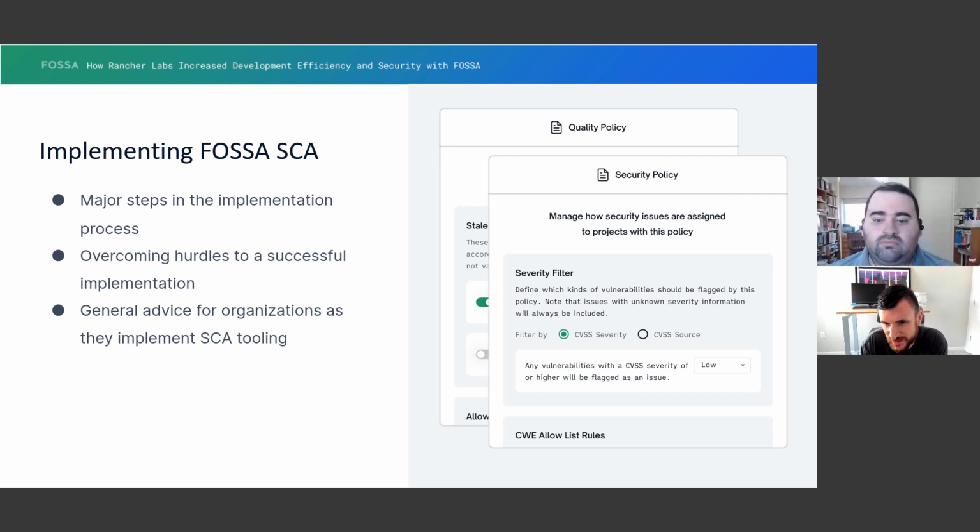The big challenge we faced when we initially launched was, FOSSA scans for licensing issues and CVEs. And we certainly discovered we had some tech debt to clear. And that was a bit of a hurdle. It was something we had to clear to come into compliance. There were certainly some outdated dependencies that needed to be updated. There were some licenses that needed to be